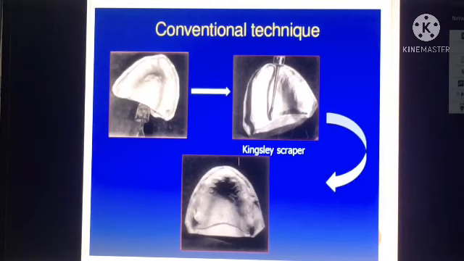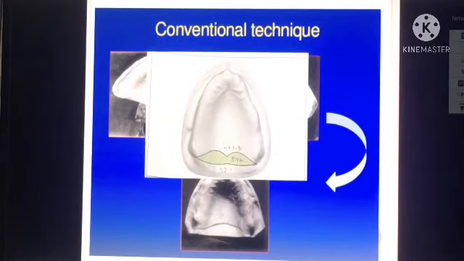So there are certain recommended widths and depths that you have to scrape. It is said that in the area that is lateral to the mid-palatine raphe, the scraping should be done 1 to 1.5 millimeter. Whereas in the mid-palatine raphe region, scraping should be only 0.5 to 1 mm. Why? Because the submucosa on the mid-palatine raphe is very thin and it cannot face the same compressibility forces as that of the lateral side. So the scraping must be much lesser than that of the lateral side.